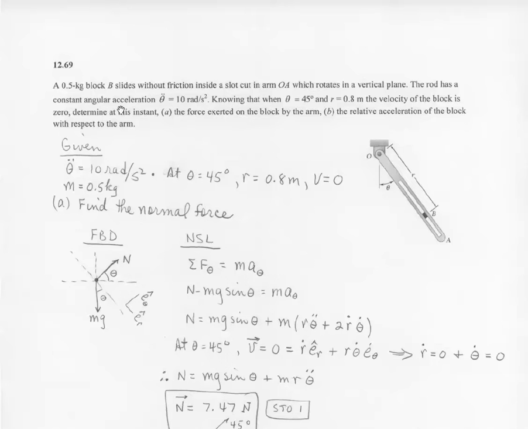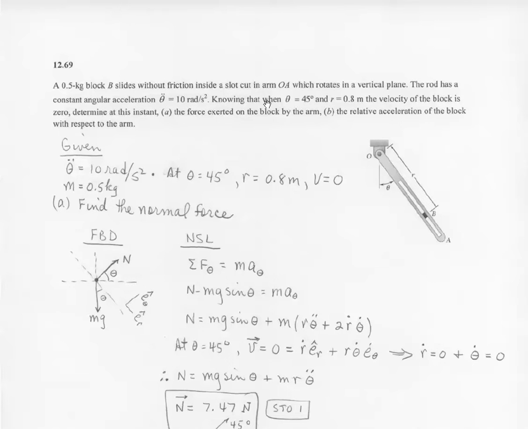Problem 12.69 involves this system right here. We've got a 0.5 kilogram block B. It slides without friction inside this slot cut in the arm OA right here, which rotates in a vertical plane. The rod has a constant angular acceleration of theta double dot at 10